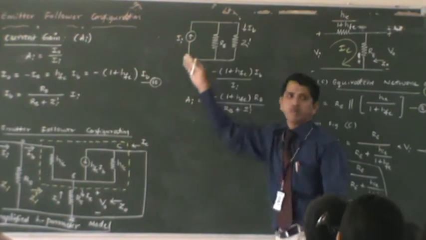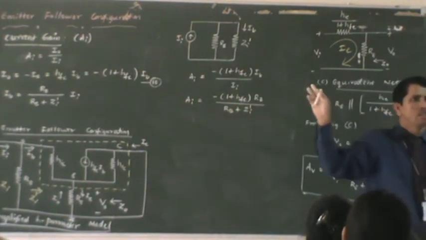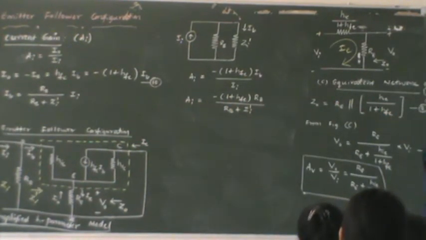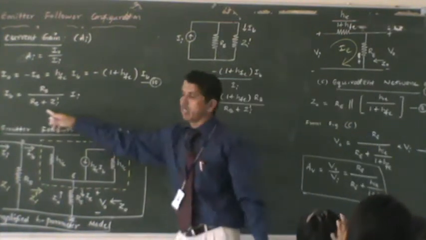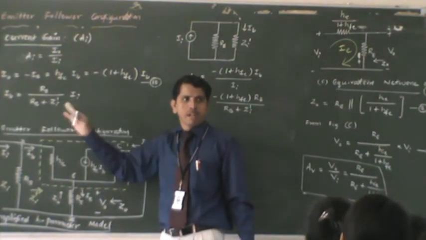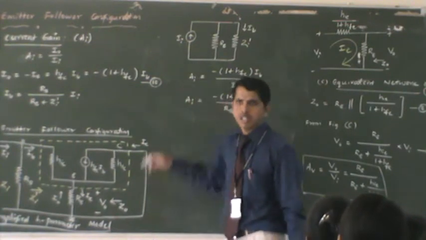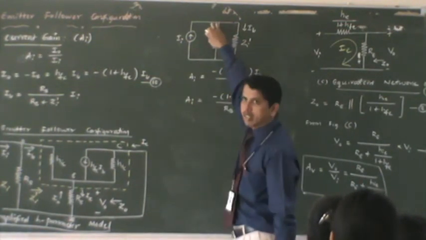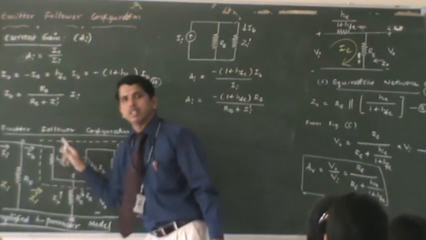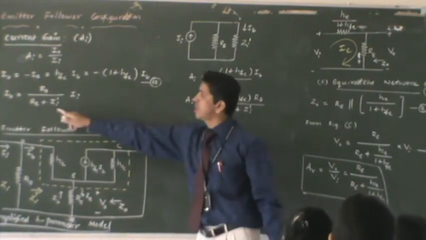These circuits are not given in the textbook, because without writing this, definitely it will be difficult for you to write this formula. Otherwise you have to buy it; there is no other way. You understand this? If you write this circuit, which is the input section equivalent, it becomes easy for you to obtain this formula.